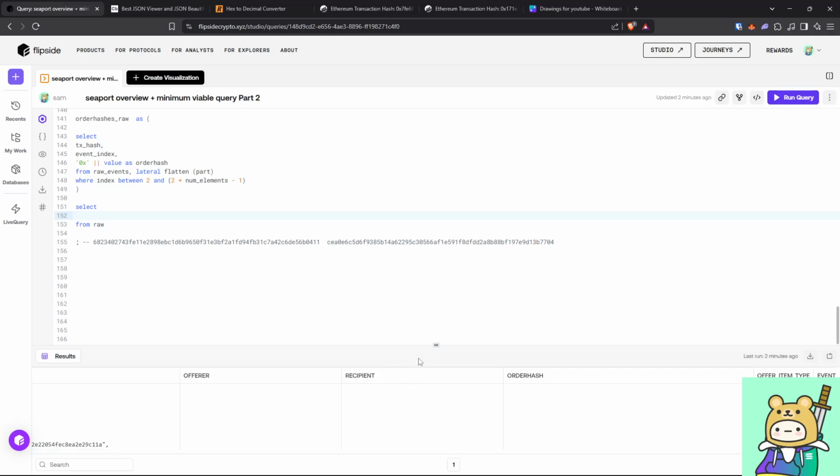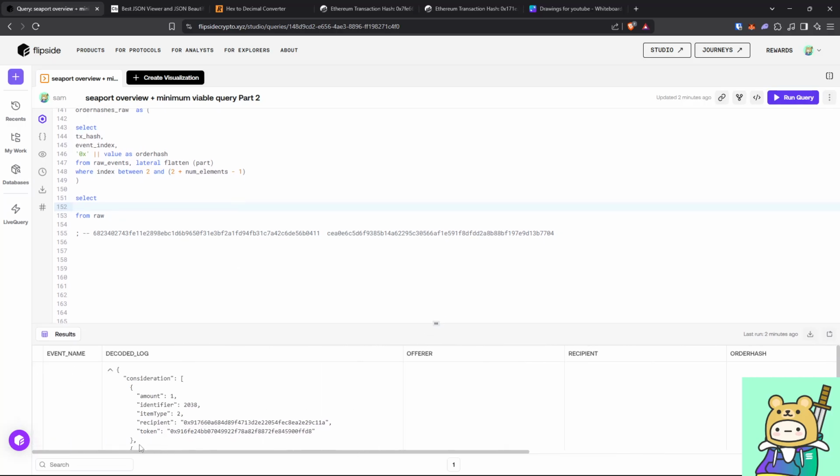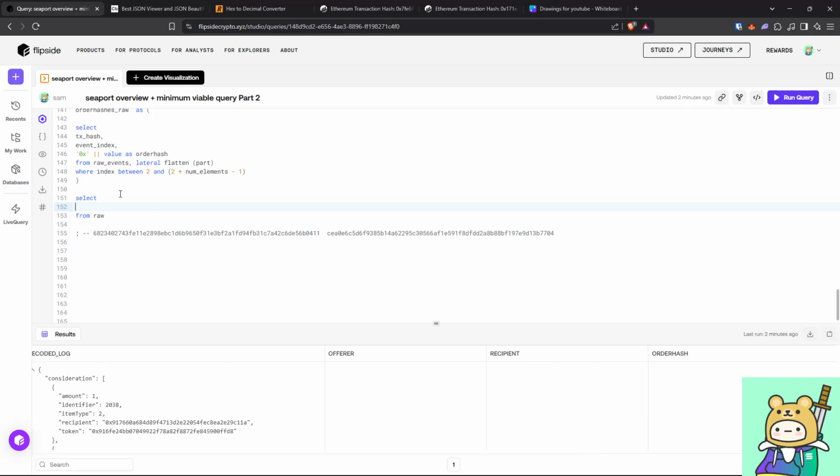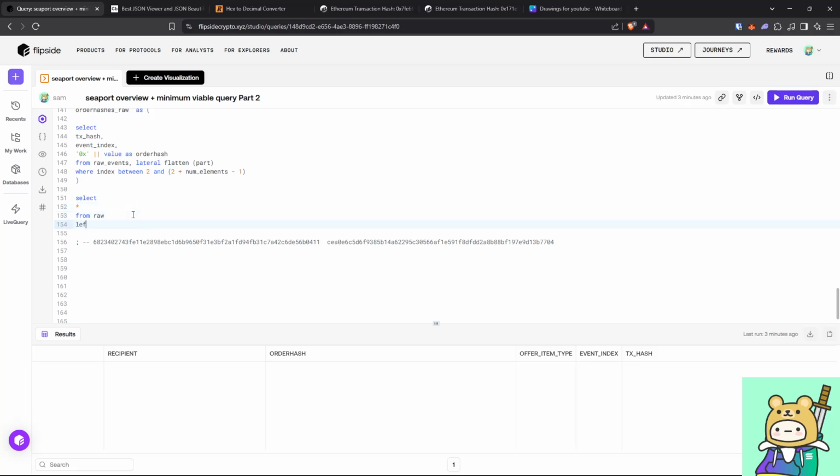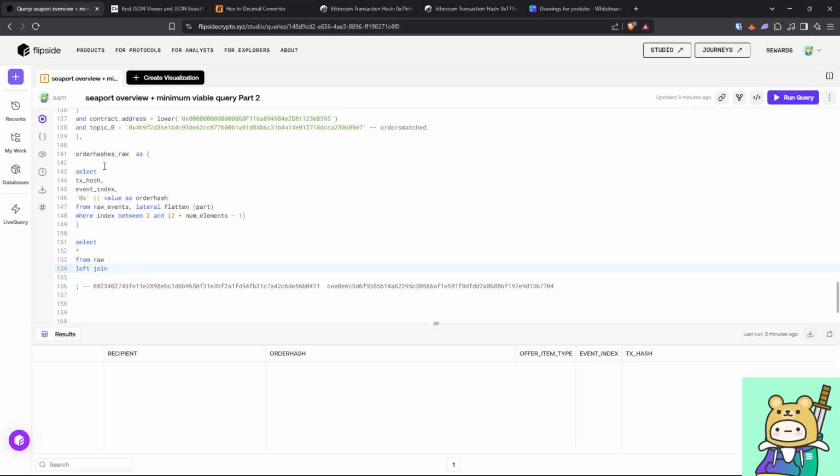And then I'm going to say from raw, I want everything, I think. Do I have event index? I do. So I want everything from raw, and when you left join order hashes, join it on transaction hash, event index, and order hash. Right. So this is ensuring that any event within a transaction, as long as its order hash matches exactly what